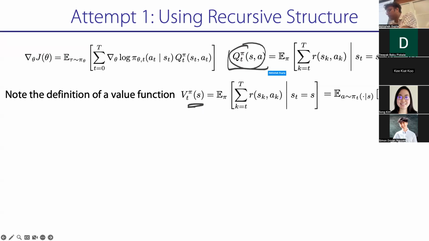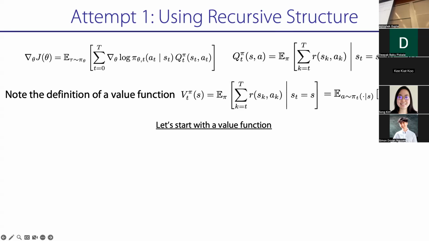So if I take the Q function and I sample the first action also from pi, then I get the value function, right? And so the expected Q function with the first action also sampled from pi is the value function. So that's how you go from Q to value. And the next slide will go from value to Q, right? But Q and value are super connected. Okay, so we define policy gradient, Q function, a value function, right?